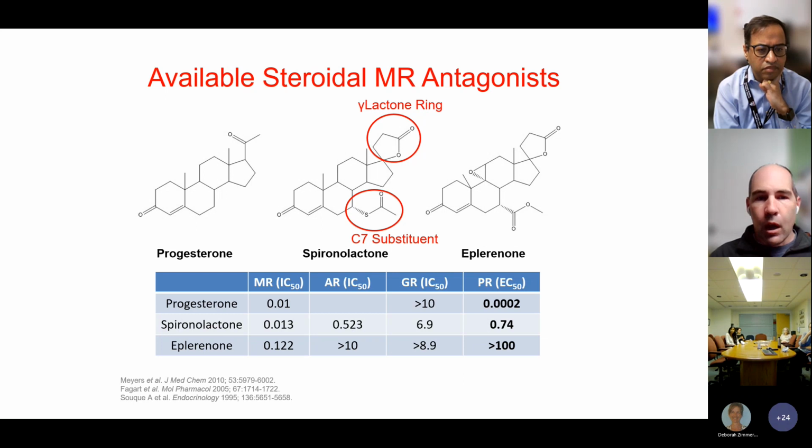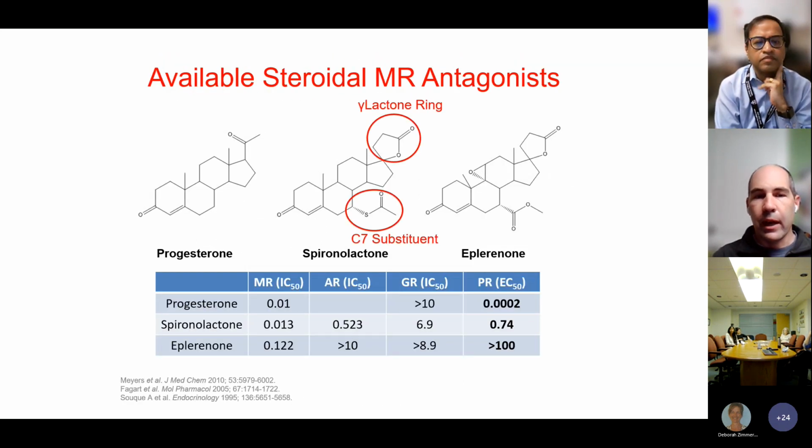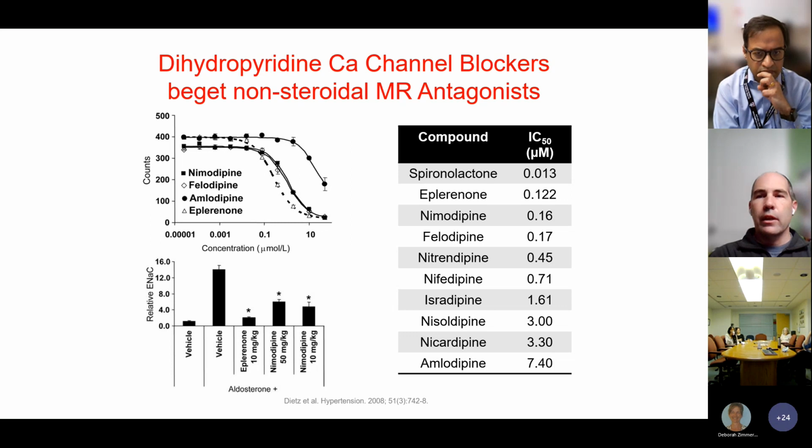as well. Eplerenone on a molar basis is less potent, and I think, in my hands, it translates clinically so that you see less of an effect clinically from eplerenone versus spironolactone, which is a pretty potent antagonist for hypertension. And of course, the benefit of eplerenone is it has less off-target effect at the androgen receptor or the progesterone receptor. So the really interesting area, and I first learned of this when